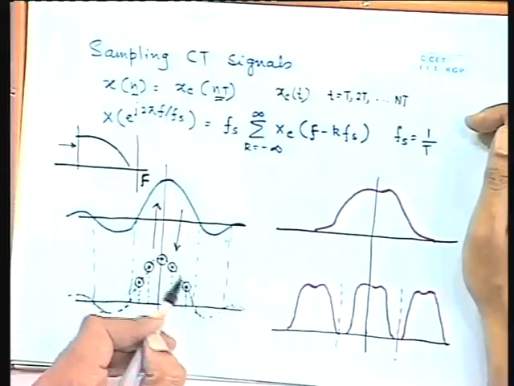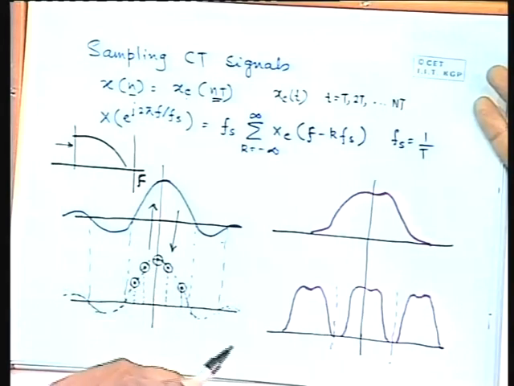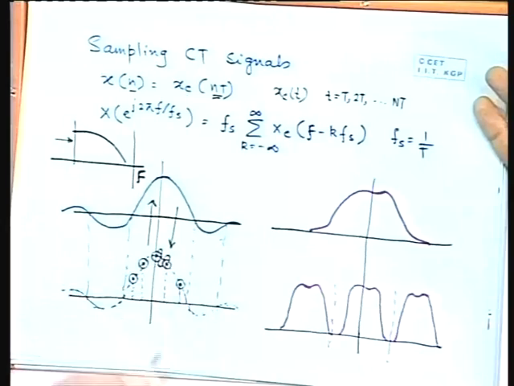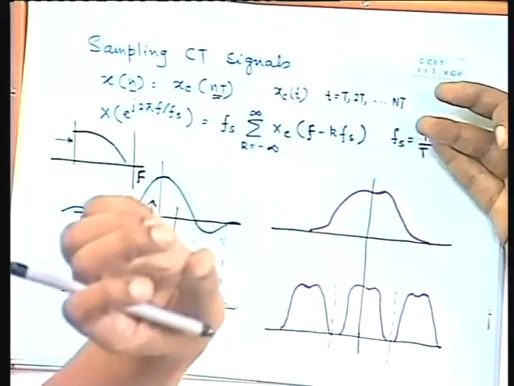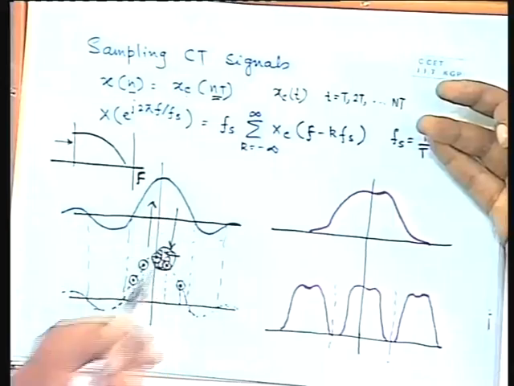See, what is the idea? The idea is that suppose you have got these samples. So what tells you that in between two samples the curve is going to follow this and not this? How can you be sure? You can be sure because you have put a frequency restriction on the signal. If between two samples, which are twice the bandwidth frequency apart, it has to have a component like this, then the frequency component of the original signal must be higher, but you have limited its frequency content. So such widely varying signals are not possible. That is the basic logic.